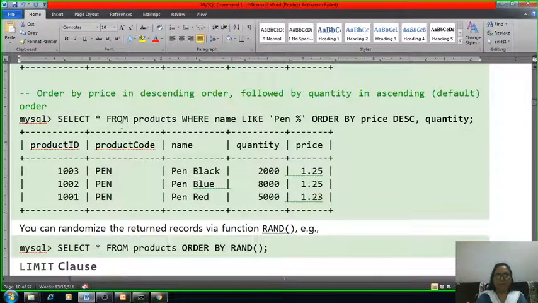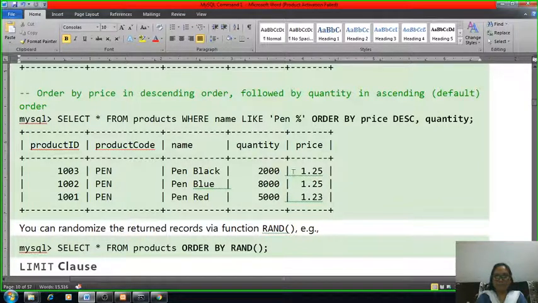This is another example. In this example, we are ordering by price in descending order and then by quantity. Price values are in descending order, and after this the quantity. Because of it, it will display the price values in descending manner, 125, 125, 123.